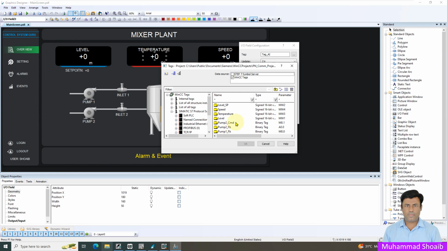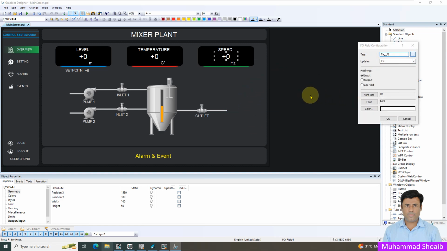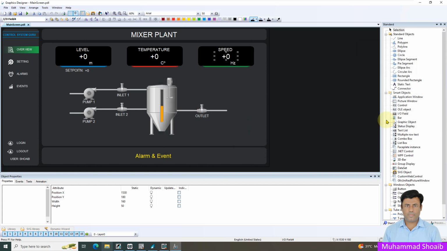And then temperature, okay, then speed, okay. Now what we do, we link pump 1 feedback signal. So select the pump 1,